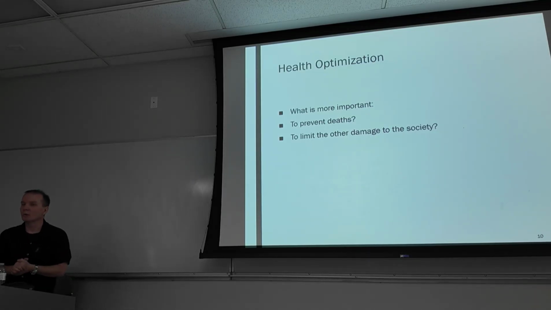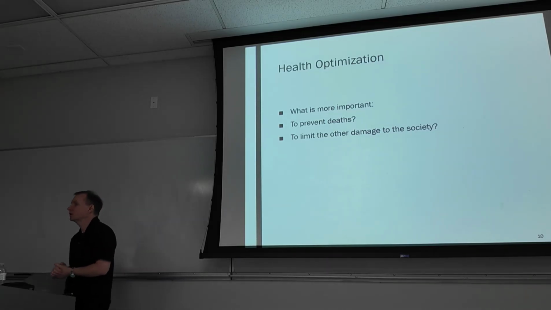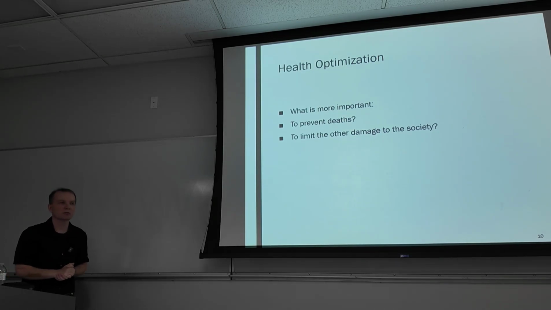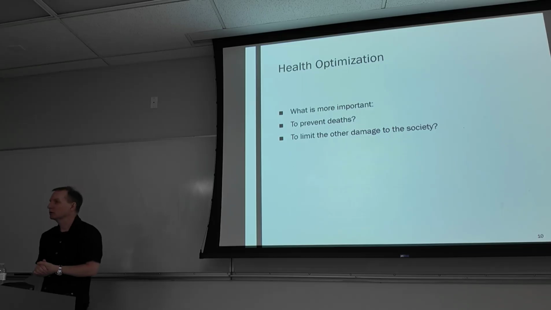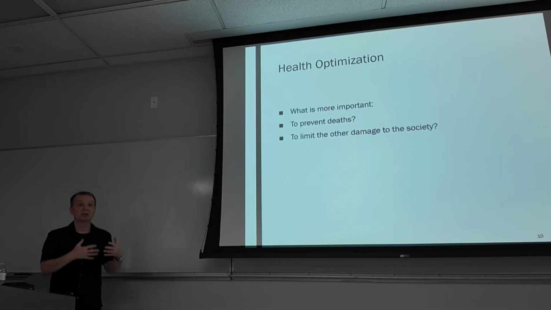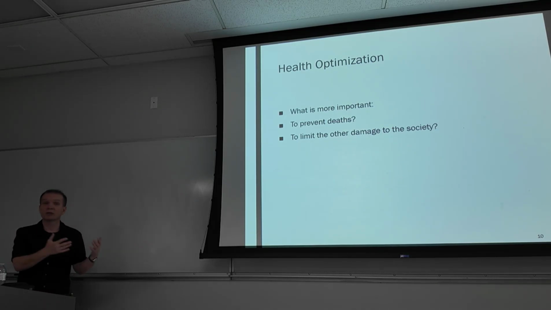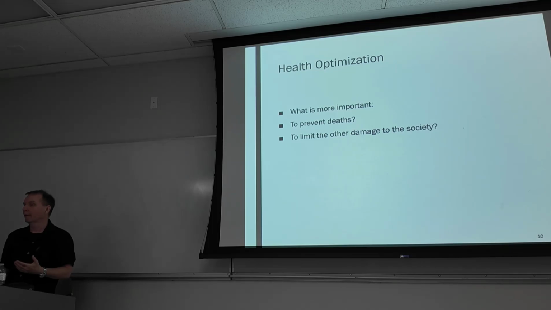Prevent deaths, right? On one hand, obviously you want to prevent deaths. You don't want people to die. On the other hand, how far do you want to go to prevent deaths? Many people were arguing that, well, okay, a lot of people who are dying right now are like 90 years old. Do we really want to shut down the entire society and prevent young people from going to school and going to college and socializing and inflict mental damage on them just so that we could prevent the death of a person who would die anyway within a couple of years? That was a real issue.